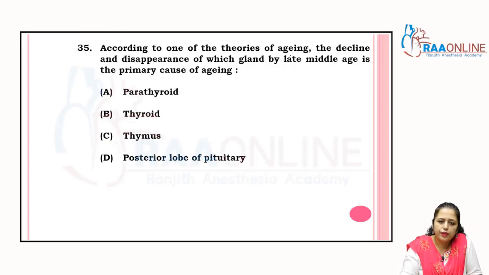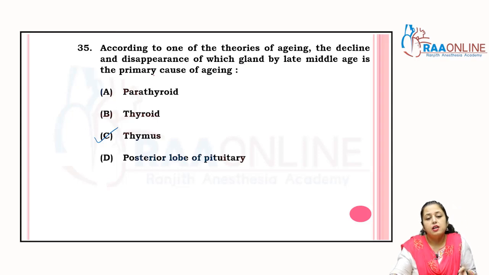According to one of the theories of aging, the decline and disappearance of the thymus gland. This is the exact line of NCERT, and many times that question was asked in previous year's examinations, right? So which gland by the late middle age is the primary cause of aging? The answer is the thymus gland. Why? Thymus gland is